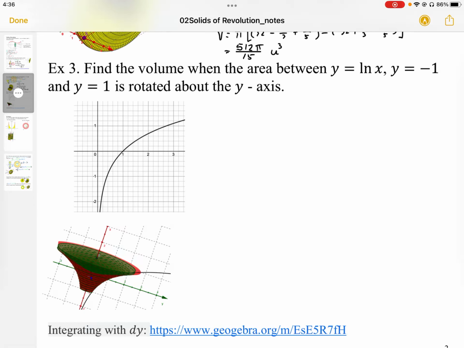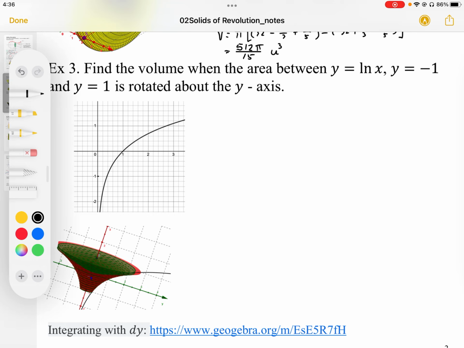In example 3, we're going to take the volume when we take the area of y equals log x. So I've drawn in black here, y equals log x. And we want to find, we're going to rotate this area here, and it's going to be the area from -1. So I'm going to maybe just draw this in here from my lower bound of -1, down here, all the way to +1 up here. Okay, so this area, we're going to,